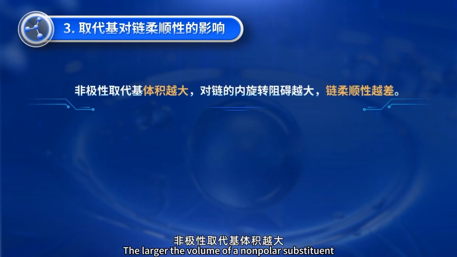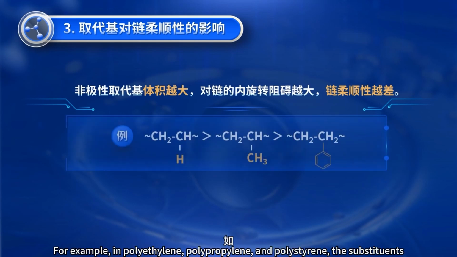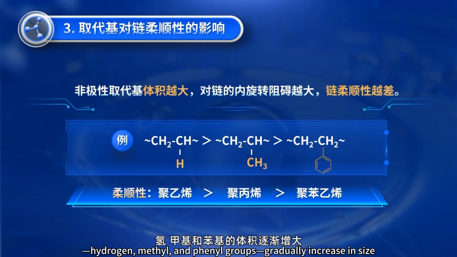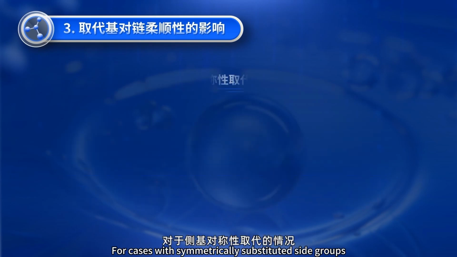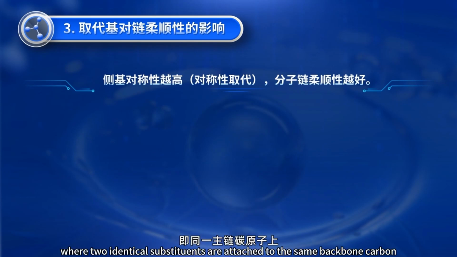The larger the volume of a nonpolar substituent, the greater the hindrance to internal rotation, and the lower the chain flexibility. For example, in polyethylene, polypropylene, and polystyrene, the substituents, hydrogen, methyl, and phenyl groups, gradually increase in size, resulting in decreasing chain flexibility. For cases with symmetrically substituted side groups, where two identical substituents are attached to the same